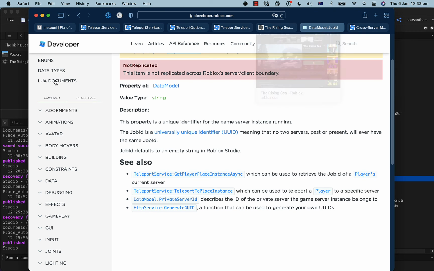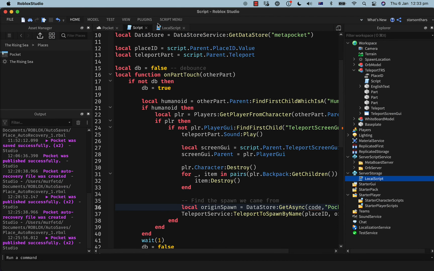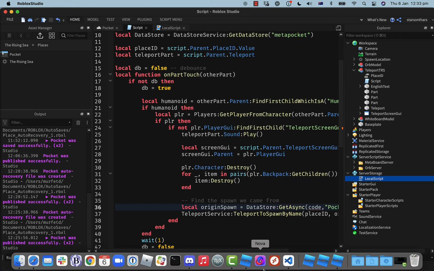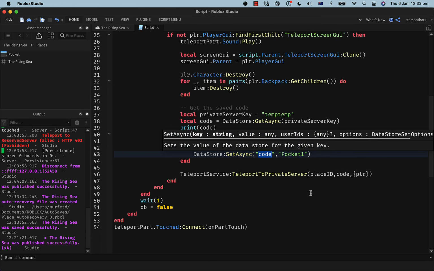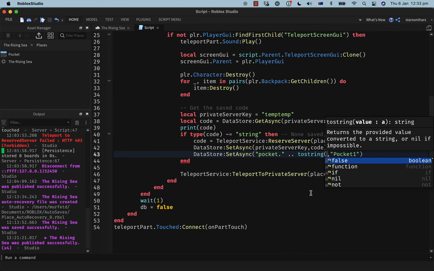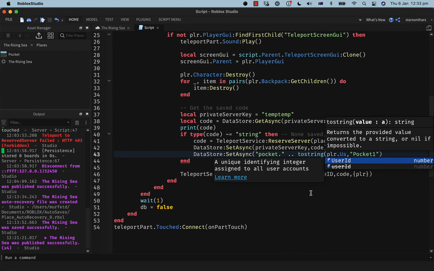Or I could save it with the player ID. Right? Yeah. So I'll use pocket dot toString player user ID.